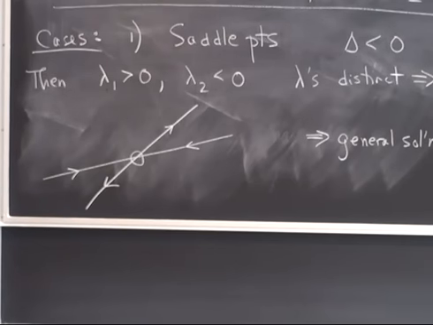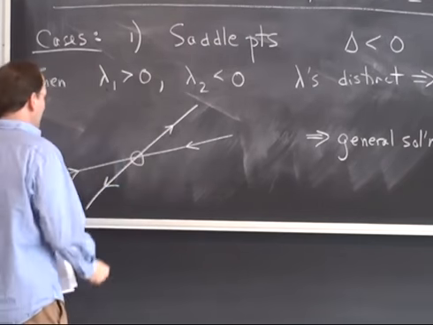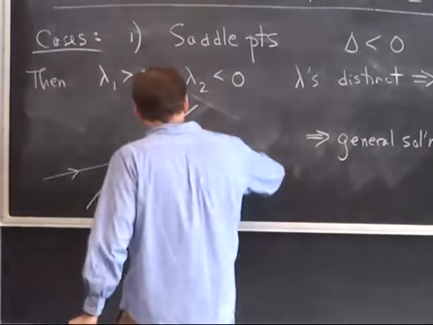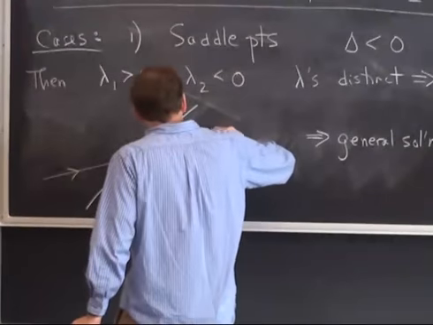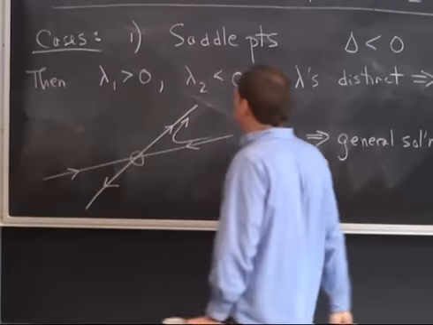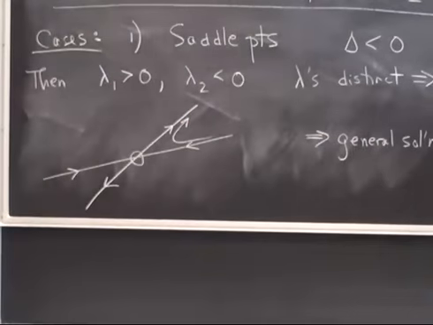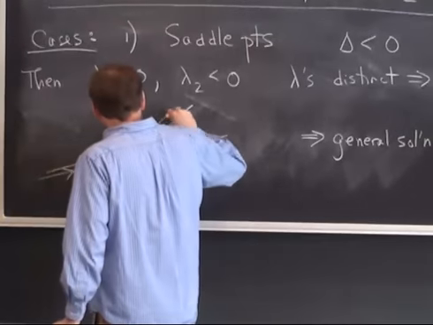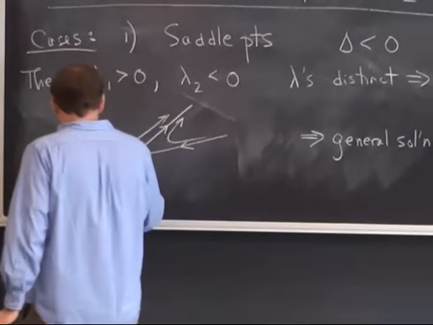They're coming in. And so this is a typical thing at a saddle point, that you've got some directions coming in and some going out. And then the other trajectories, which are not these straight line trajectories, will look kind of hyperbolic. That is, they would come in and then go out like that. And then the ones on this side would go sort of like that, or like this,